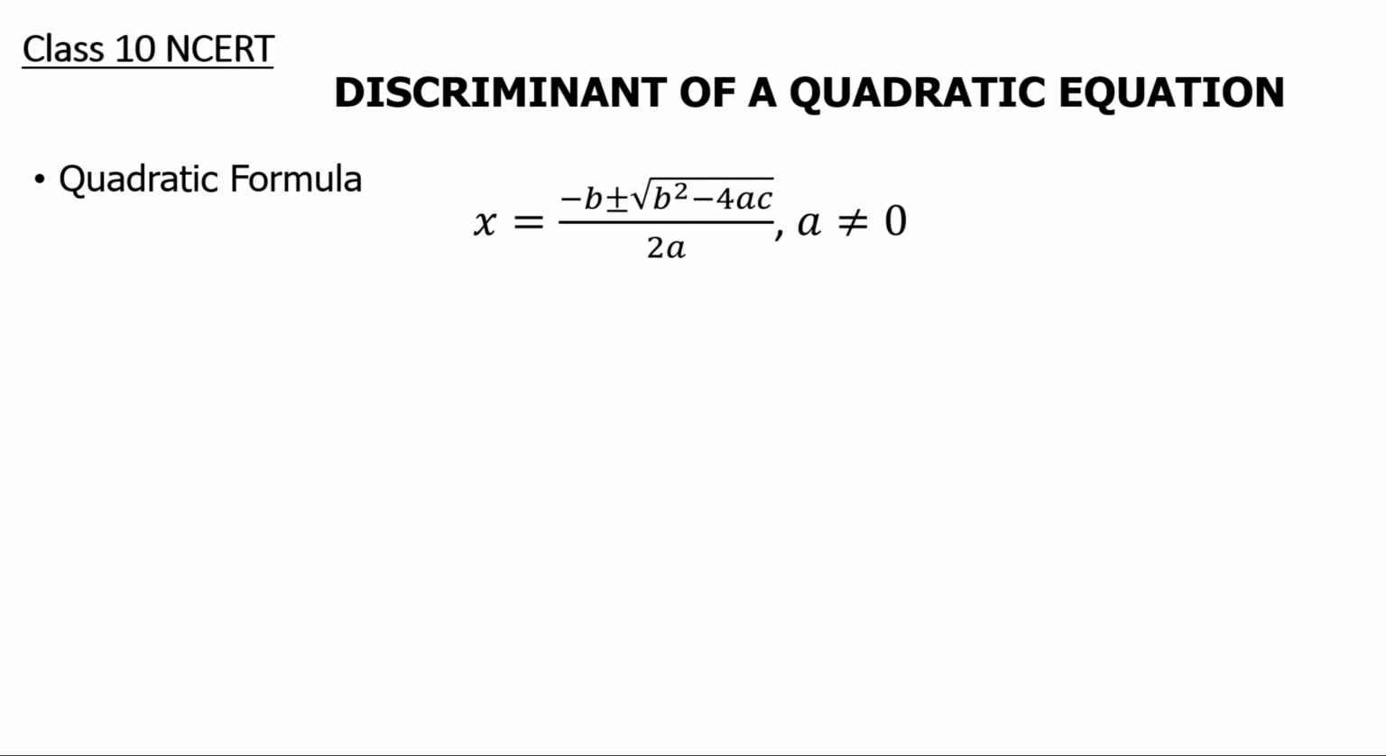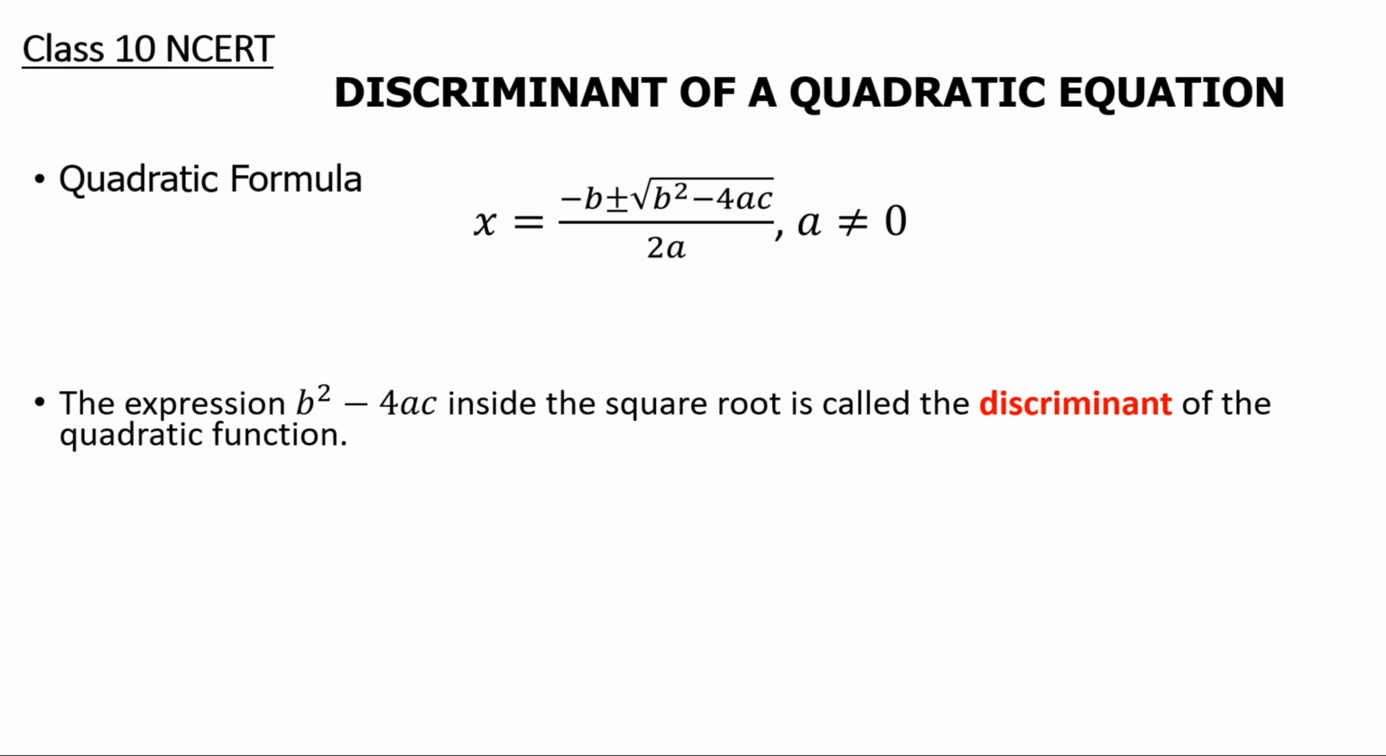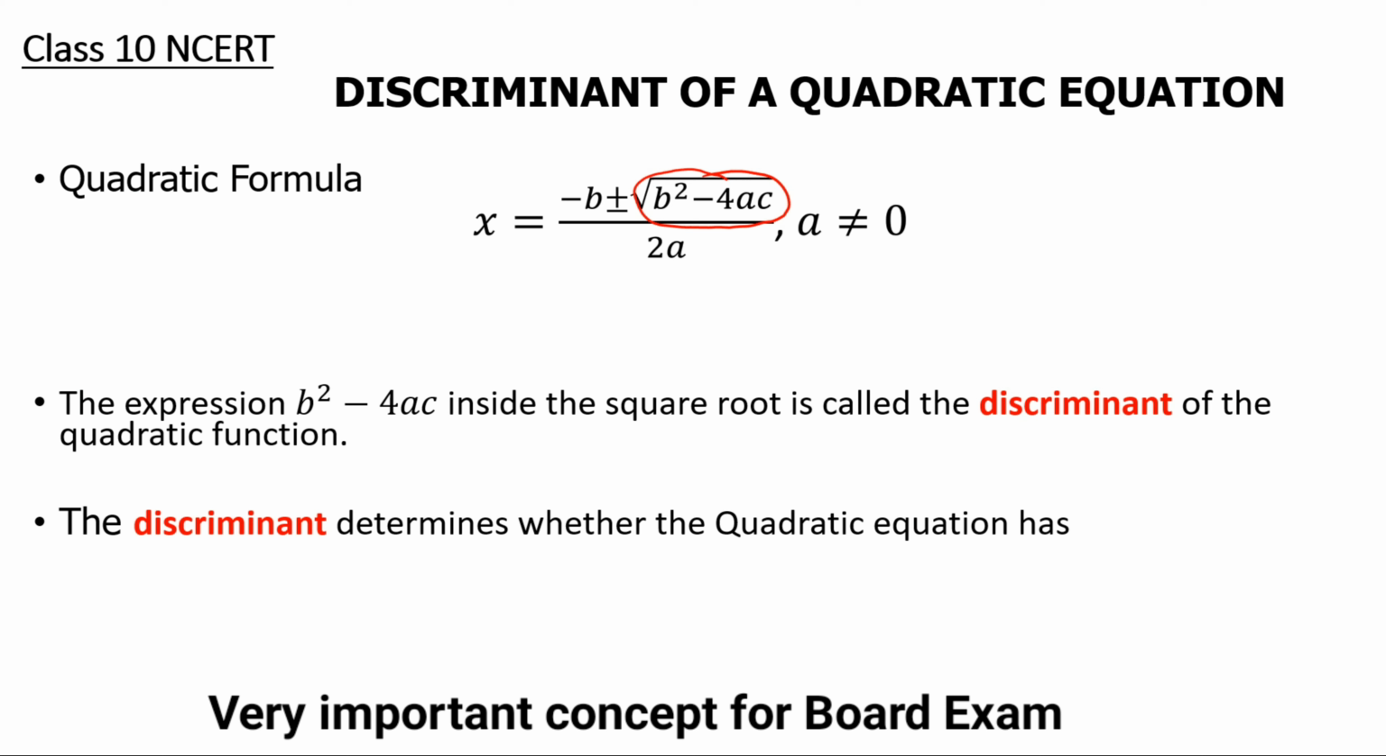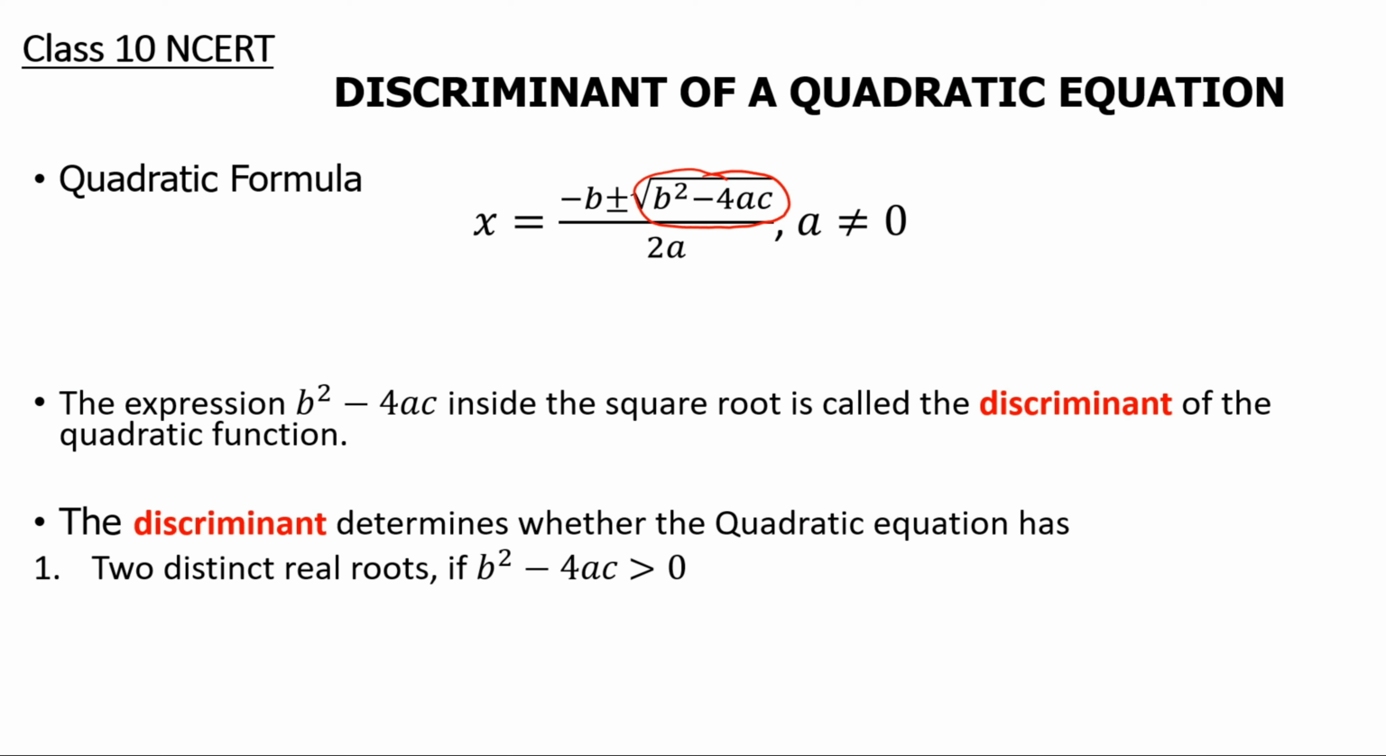Now the expression which is inside the square root is called the discriminant. That means this expression here, b squared minus 4ac. This is called the discriminant of the quadratic function. The discriminant determines whether the quadratic equation has two distinct real roots. That means if b squared minus 4ac, this expression, is greater than 0, so it is like 4, we get 4, which is greater than 0,